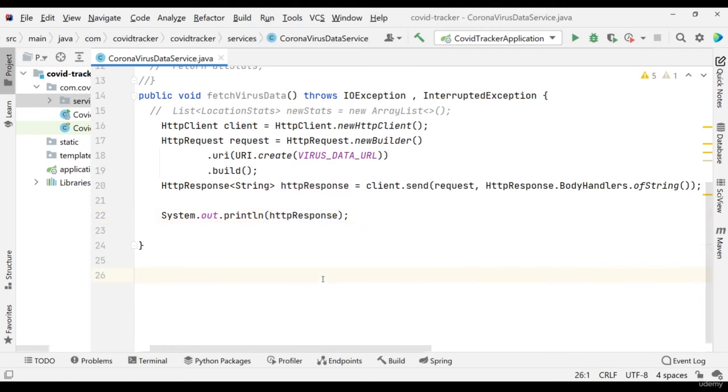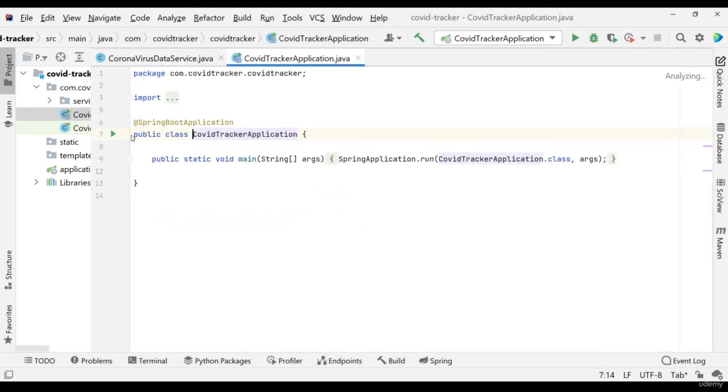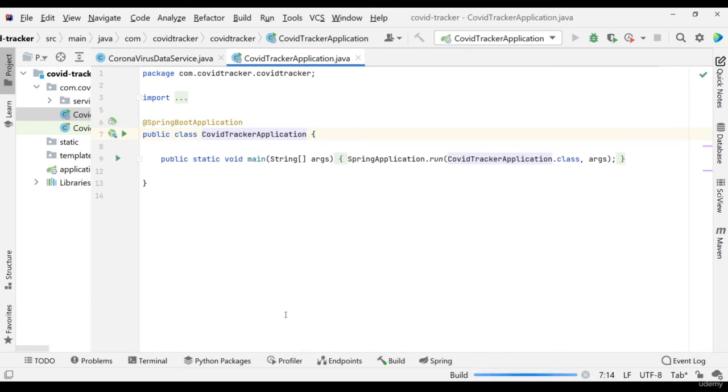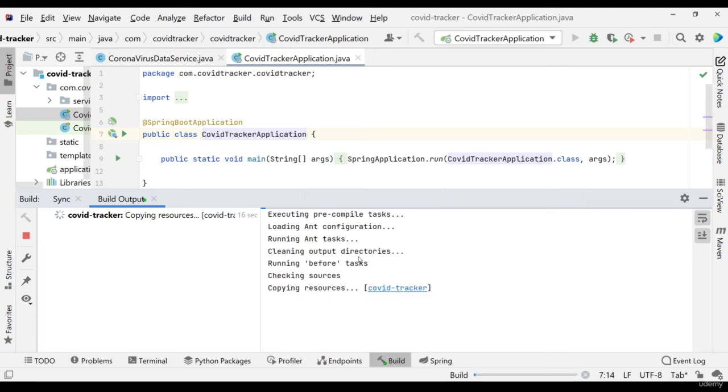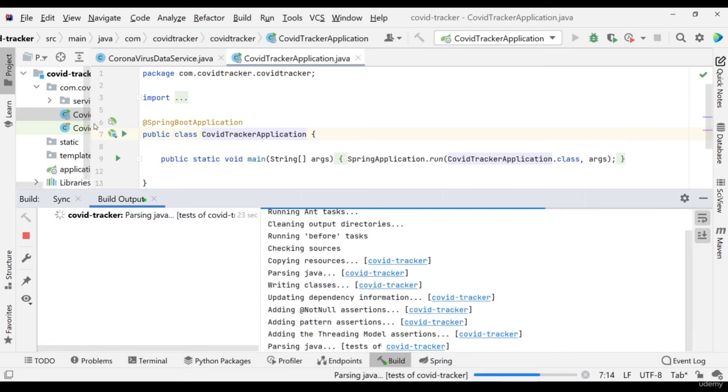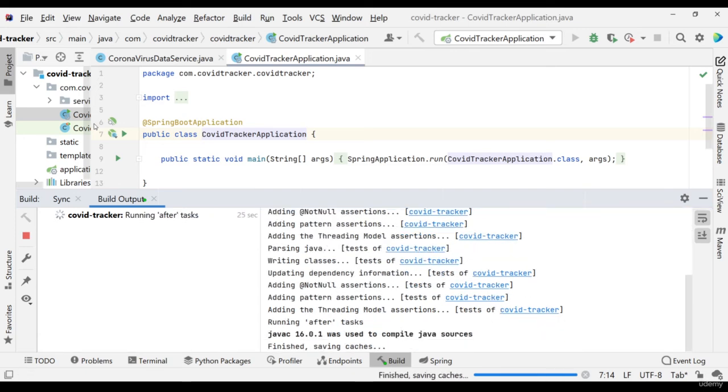In this COVID application, I can run this application. Let us check whether it's running or not. If there is an error, we are going to debug it and check that part. Currently it's taking the build, running Maven and the output directories also. It will take time to run each and everything. Once this is done,